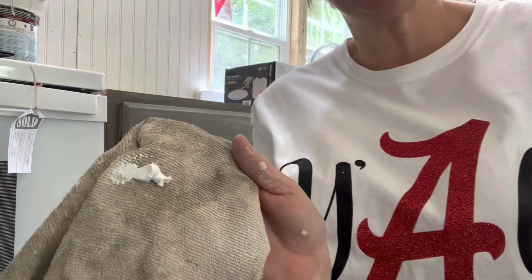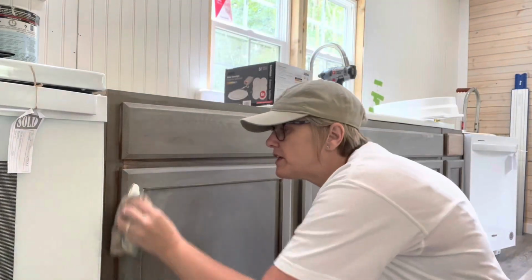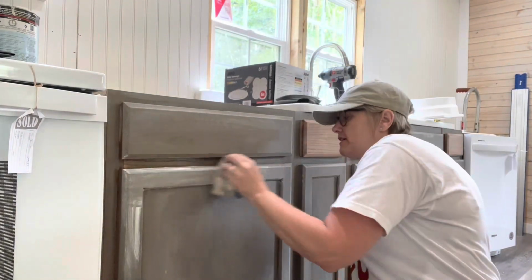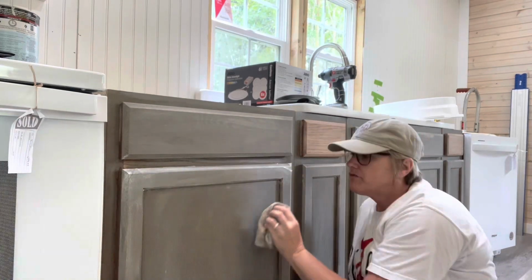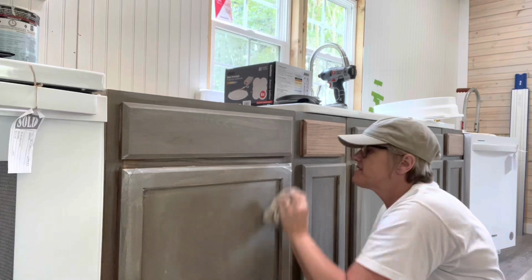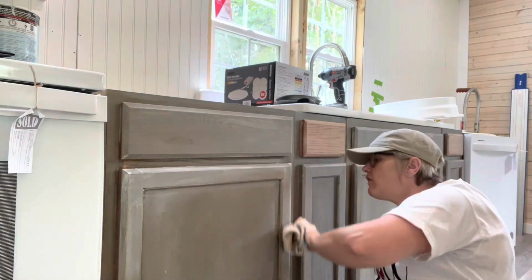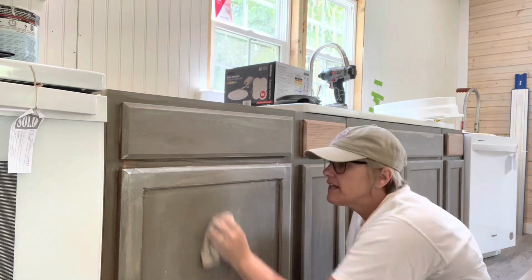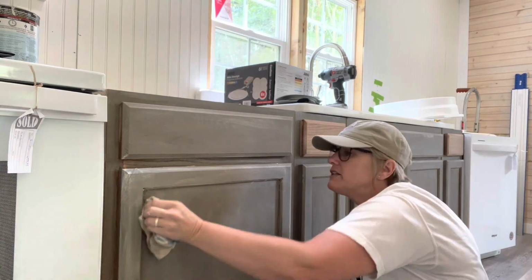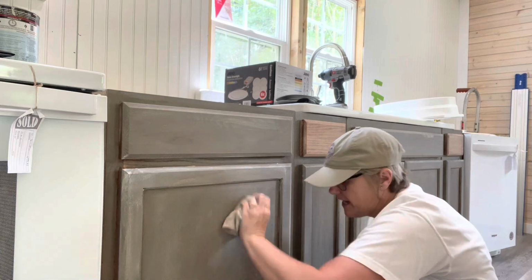So it comes out just like that. And you don't need a lot. And you just work it into the wood. And when you work it into the wood, it's going to hit those rough edges in the wood. So the grain of the wood is going to catch that. And when it catches it, if you rub it in really good, it catches it